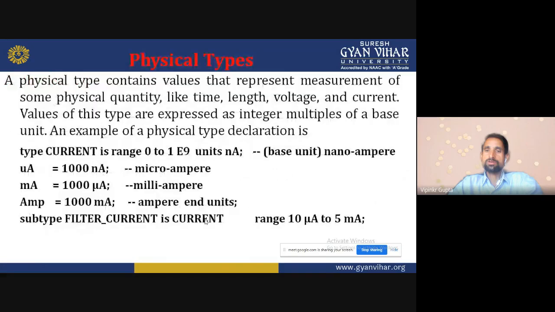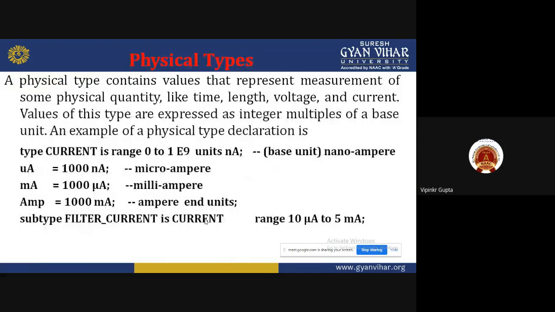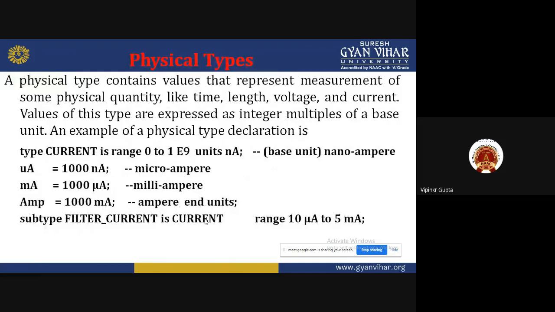Now come to the physical type. A physical type contains values that represent measurement of some physical quantity. What is the meaning of physical? Physical is a thing which is available.